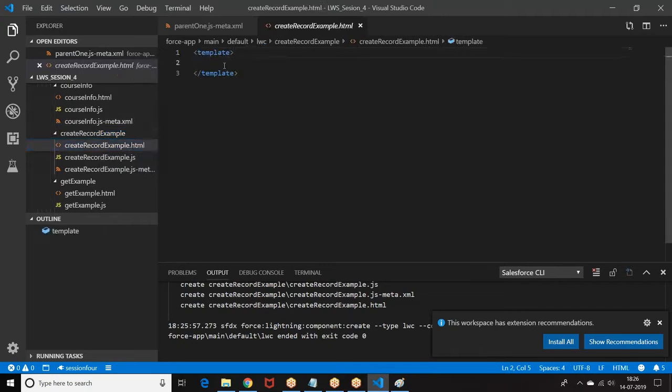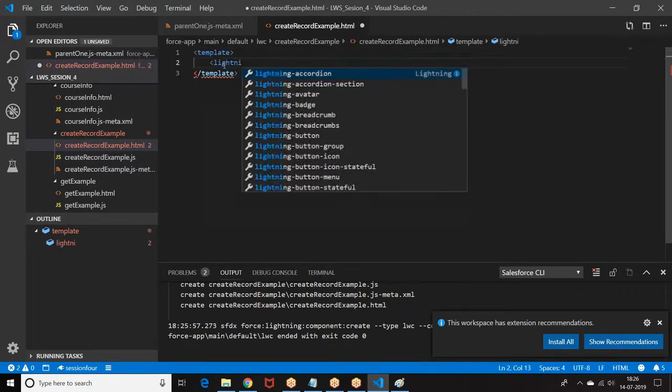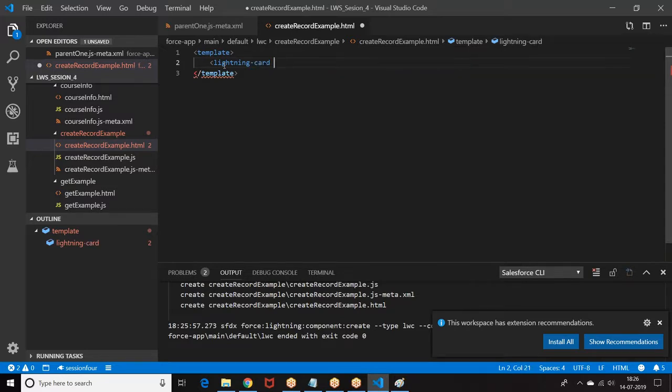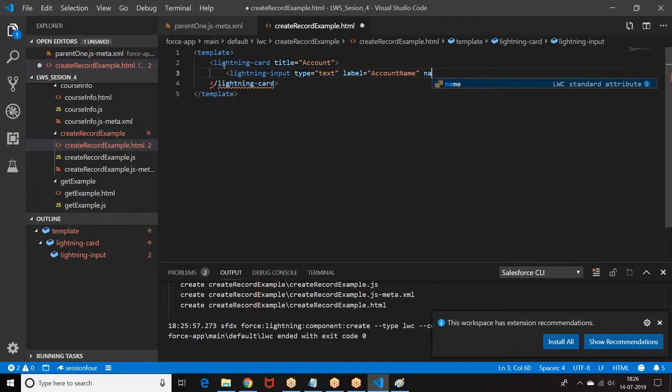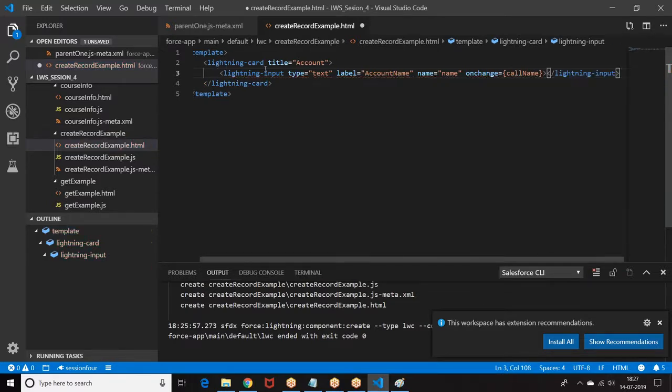Here I have the Lightning card. Lightning input, type equal to text, label account name, then I have onchange.